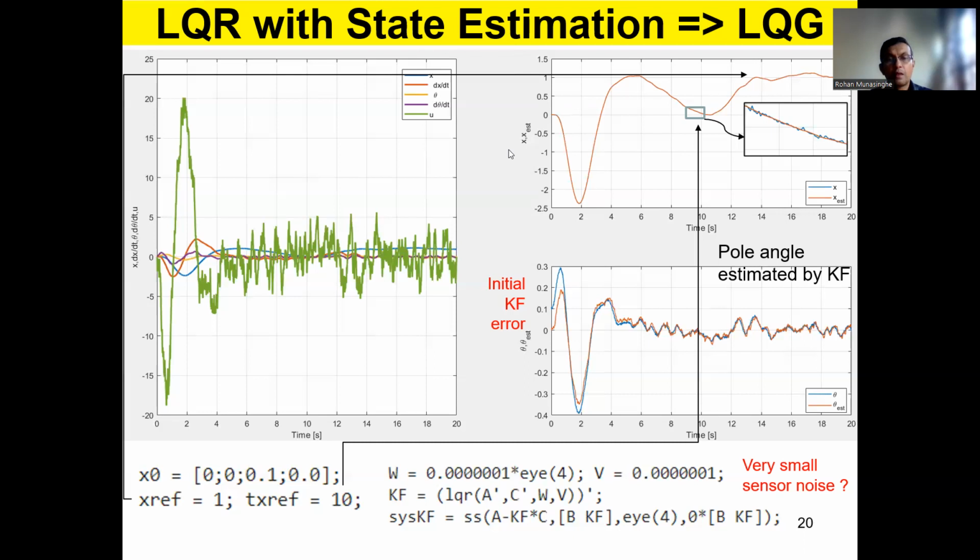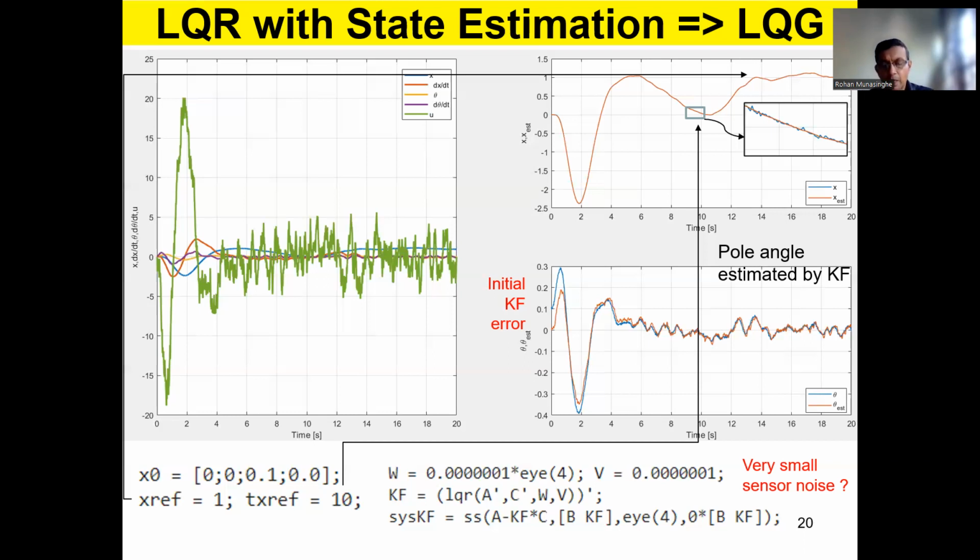Now, while we are doing that, I want to tell you this also. Now, the linear quadratic regulator, when you connect it with the Kalman filter, right, we give it a different name. We call it LQG, linear quadratic Gaussian controller. Right? When we have only the LQR, linear quadratic regulator, and you have the direct measurements, it is the standard